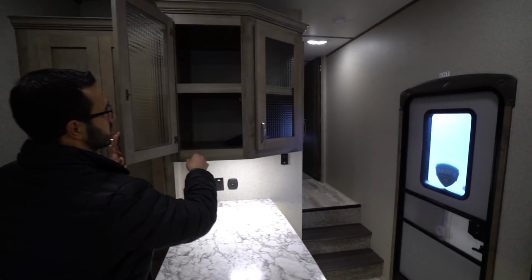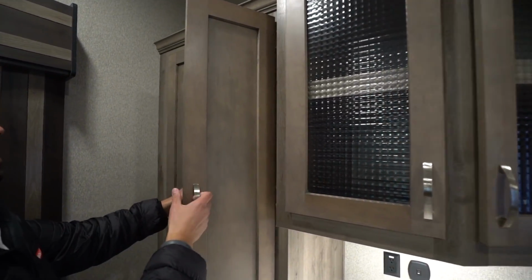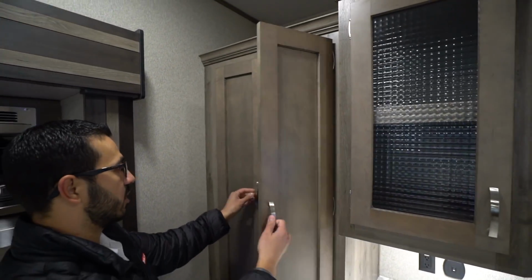Right up top, you'll see some additional storage right here. The far side has your control panel there, but good storage. And then again, another large pantry right here. So if you have some electric griddle or something, a toaster, some larger items you want to stick in